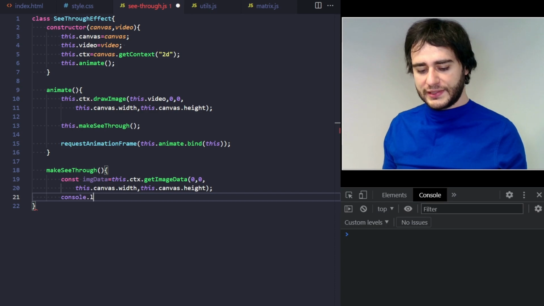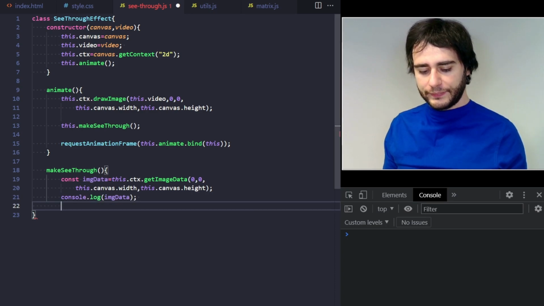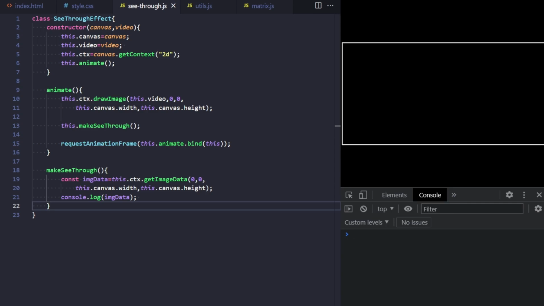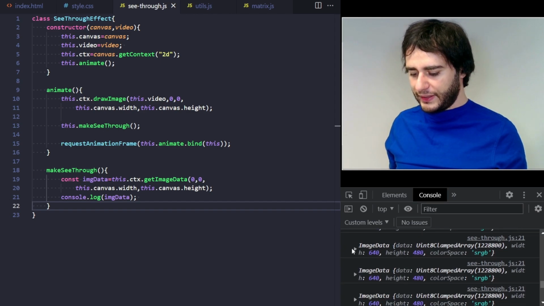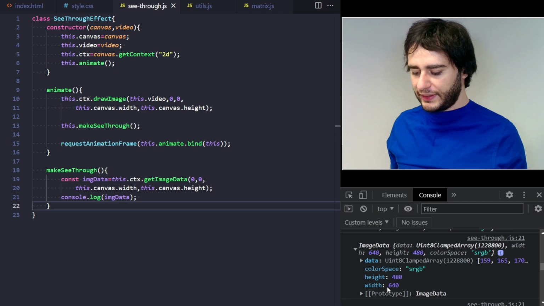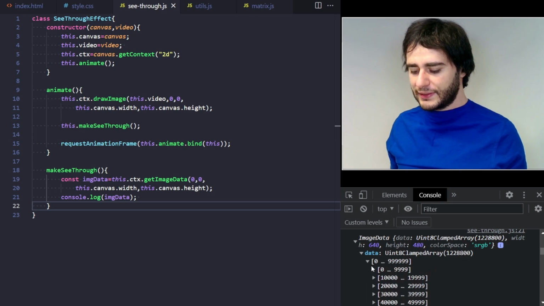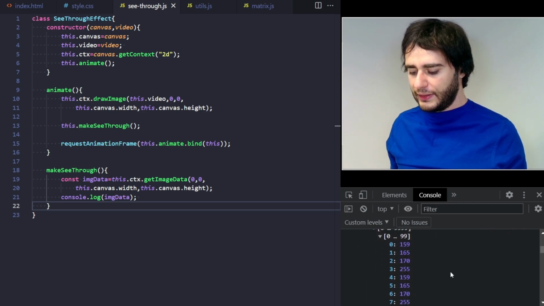And let's just see how this image data object looks like. I'm going to log it in the console and refresh the page. Okay, so it's appearing here many times as the image refreshes, and if I click on one instance, we see it has a width of 640, a height of 480, but most important here is this data attribute, which has over 1 million items. This number is equal to 480 times 640 times 4, because every element in this huge array right here is actually